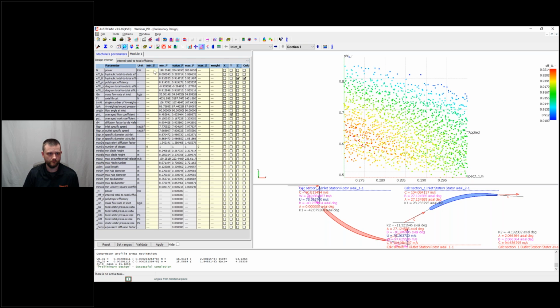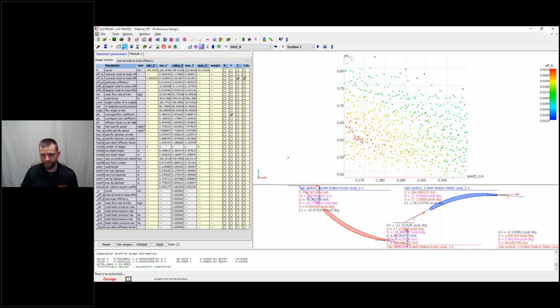Additionally, we can also apply filters. So here I can say I want to filter my power output of my fan, or my power needed for this fan, to make sure that I hit the requirements which we set in the beginning. So you can see I set these ranges here, and I also could say I'm not interested in any designs with an efficiency lower than 90%. So I could do that here as well. You'll see all these gray dots are filtered out. I can hide these and then just look at the design space which is of interest for me.